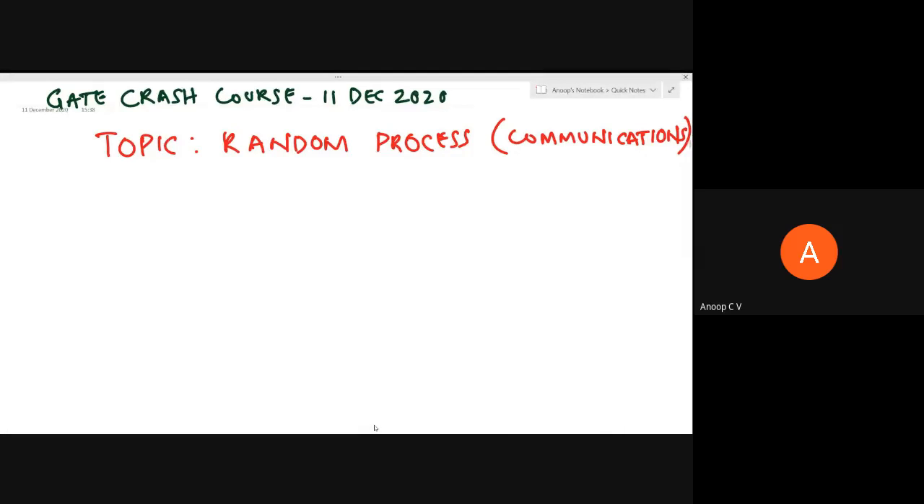I will be handling this topic, random process, and I'll also be handling the first part of electromagnetics, that is Maxwell's equation and wave propagation part. So this random process in itself is a vast topic, so we can't discuss everything. But if you see the GATE questions, there are certain areas which they concentrate